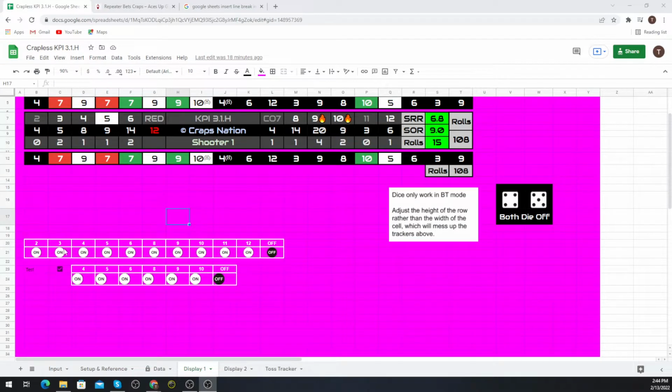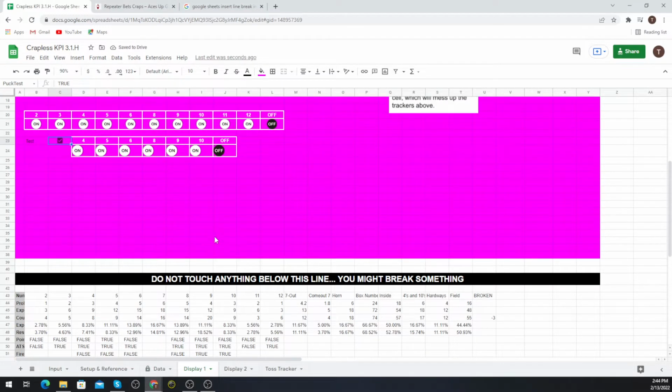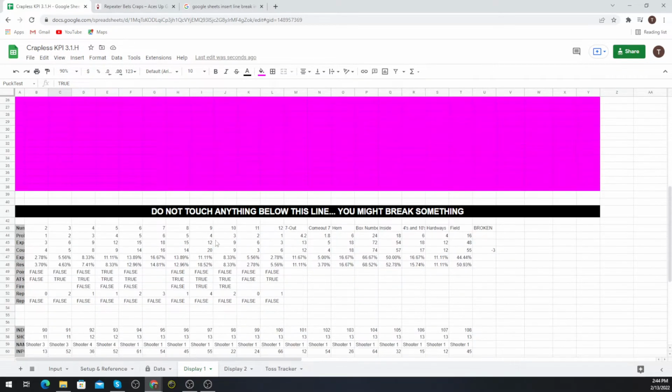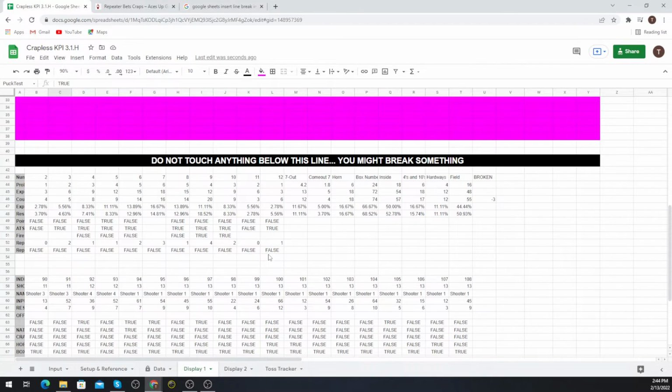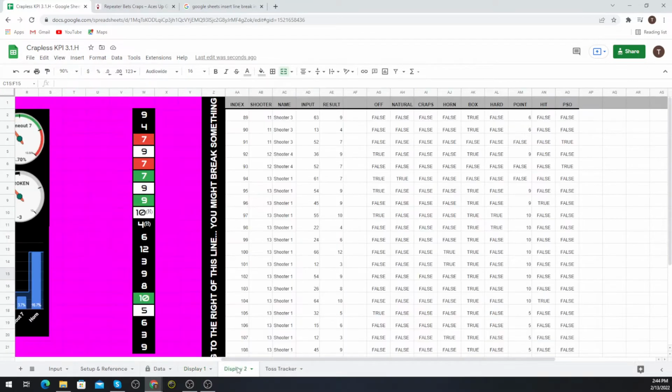Going along with the horizontal layout, I also wanted to do the virtual on-off pucks. I used them for one live stream already, and I'm not sure if I like it, but they're there. You can use them. And then this is all the data that is used to create this board up here. The display two page